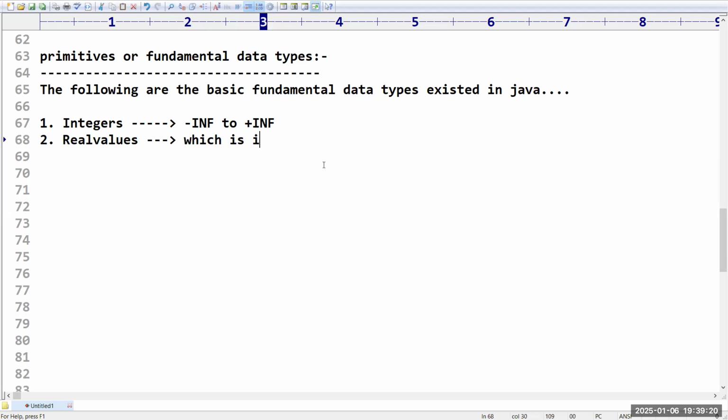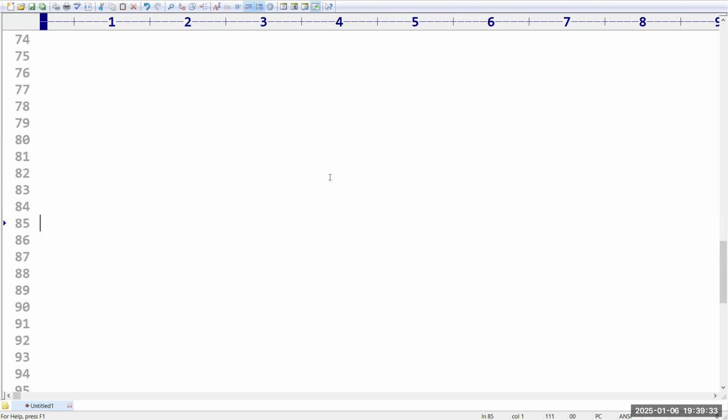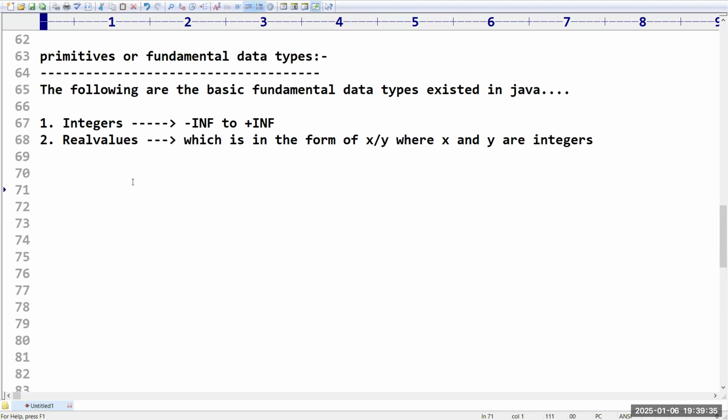Those in the form of x by y, where x and y are integers. Best example: 5 by 2, what is the result? 2.5. 5 is an integer, 2 is an integer, but 2.5 is a real value.